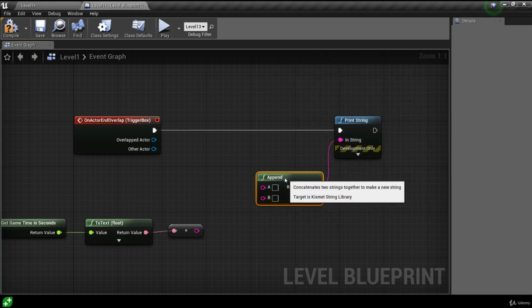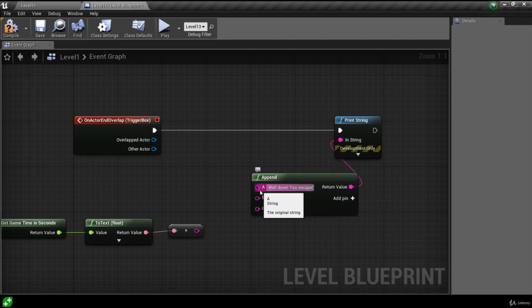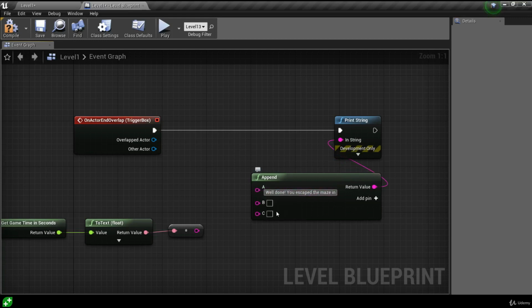And the append function gives us an A input for the string and also a B input for the string. So we can combine 2 messages now. But look, we can also add string inputs by using this add pin, and there's no limit on how many of these we can add. So in the A input, we can type in, "Well done, you escaped the maze in," and then we can hit spacebar to add a space there, and then we can plug our get game time in seconds result into the B input, and then we could use another space on the C input, and we can type in seconds